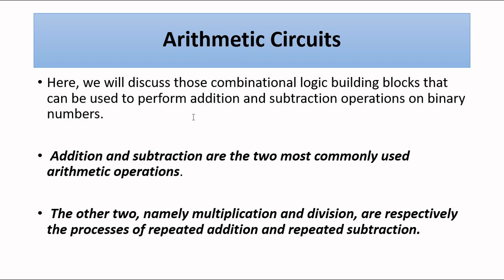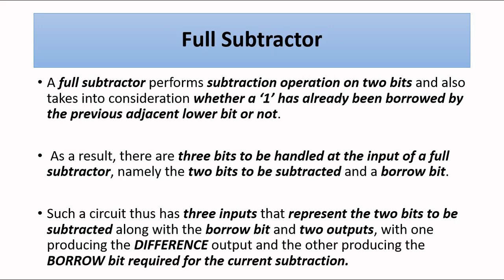The arithmetic circuits are used to perform basic arithmetic operations, addition and subtraction. Multiplication, which is repeated addition, and division, which is repeated subtraction, are done by manipulating the adder and subtractor circuits. So in full subtractor,